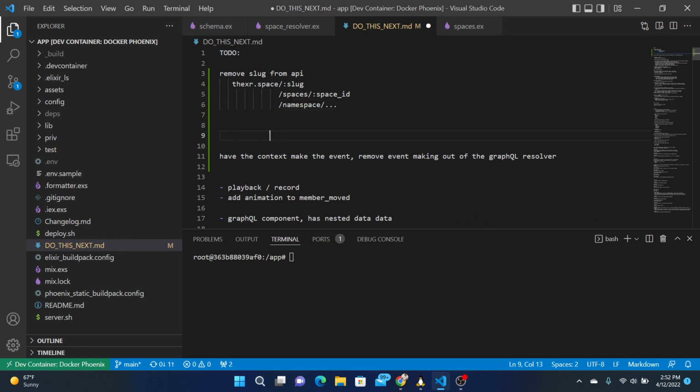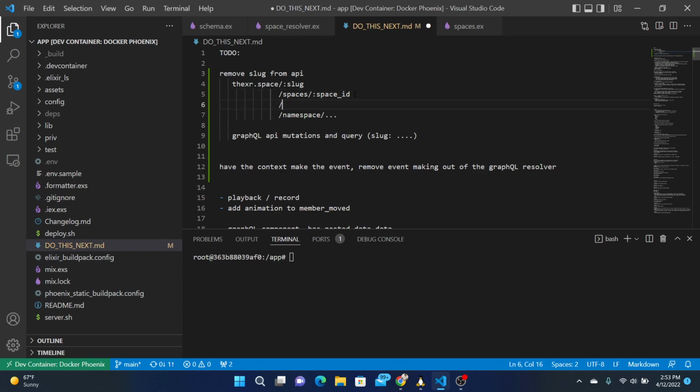The other thing is that the GraphQL API has mutations and queries that often take the slug as a parameter. And this was kind of done out of convenience, but if the slug can change on you, I don't think that's that great an idea. So maybe one day we can still have space by, you know, short for, you can have the slug here, and that's not too bad, I suppose.